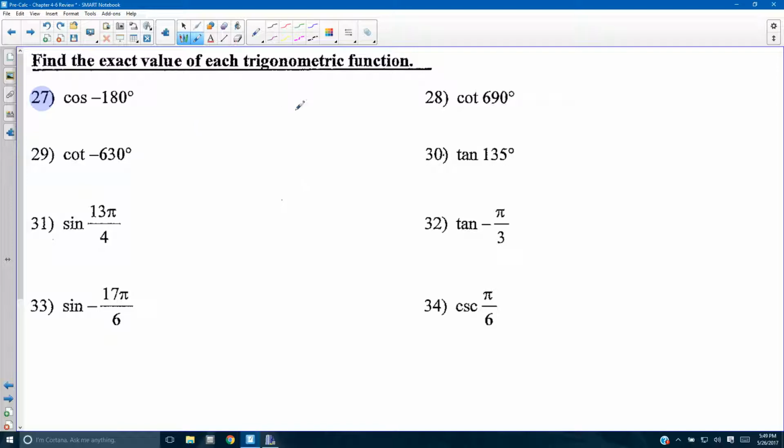Number 27 through 34, we're going to find the exact value of each trigonometric function. And those answers normally tend to be fractions, or they have radicals, or -1, or 0, or stuff like that, or undefined. All right, we can divide by 0 and have undefined. Let's start with 27, which actually is not the easiest problem of the bunch because most of these things that